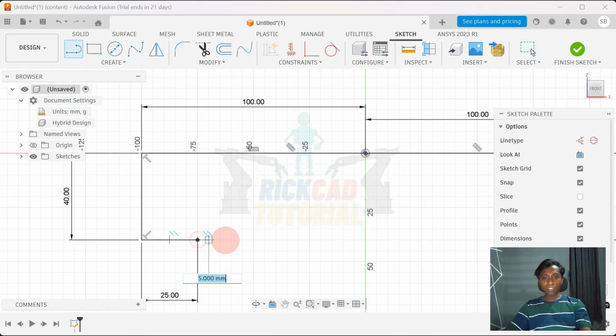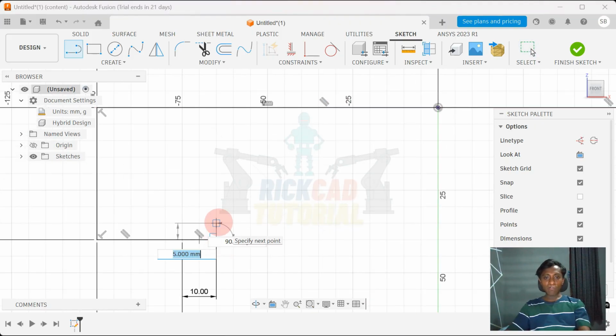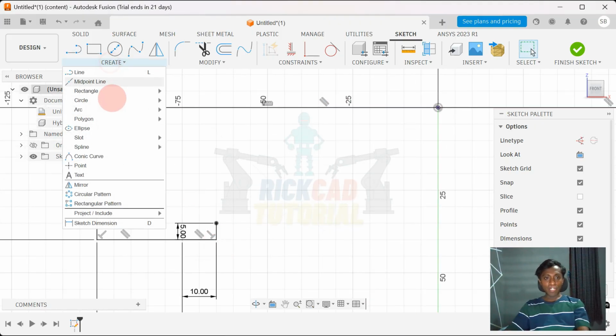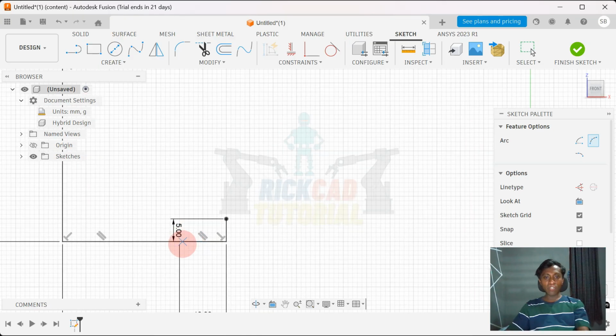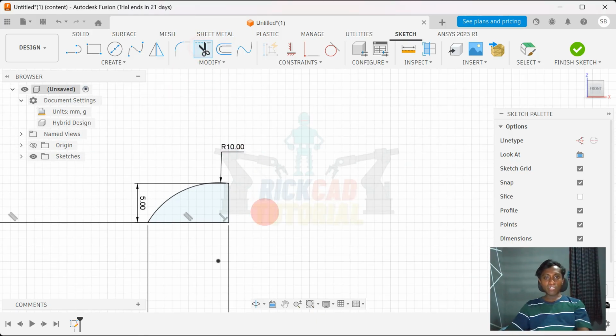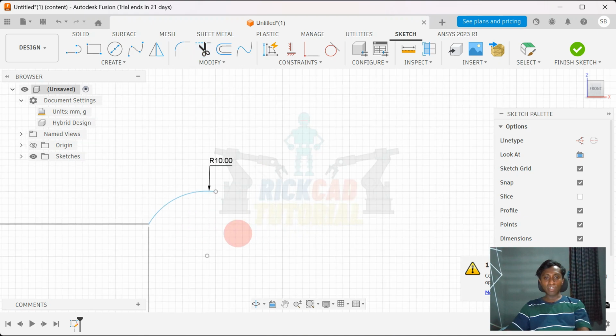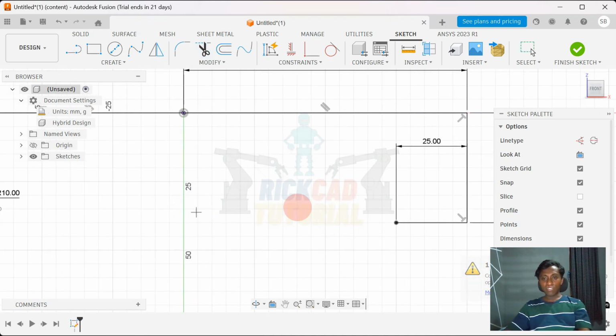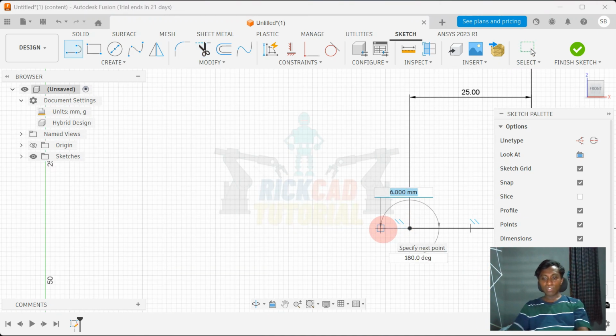Okay, from here, 10 to the right, and 5 up, and use 3.R from here to here. Just like that, and hit D for dimension, make it 10 radius, and then this line and this line. Make it the same like before,